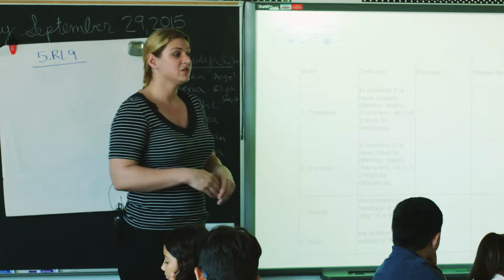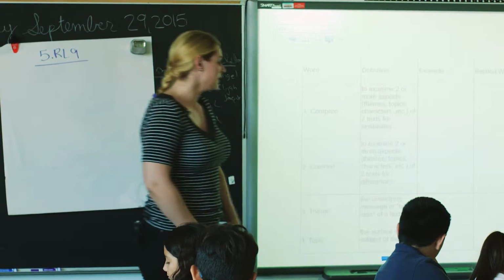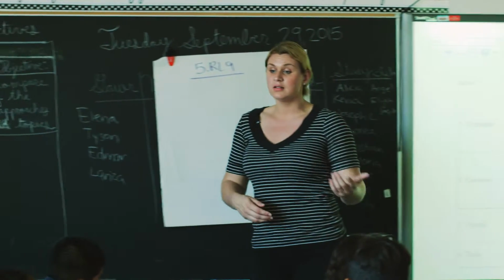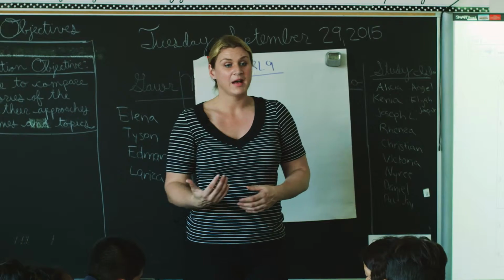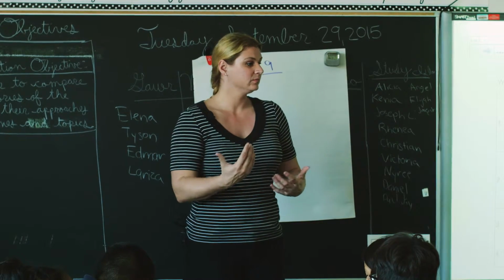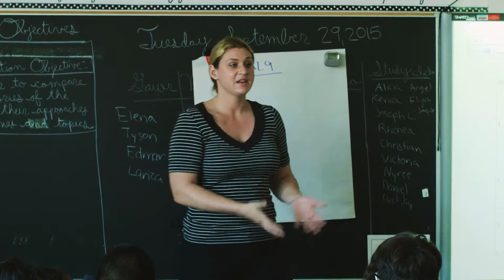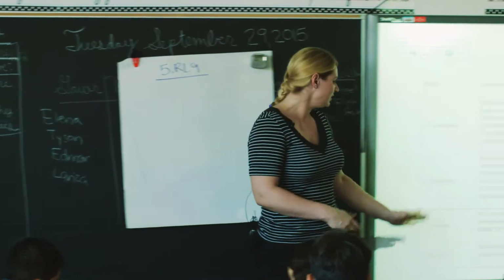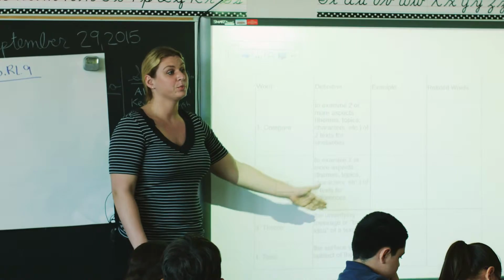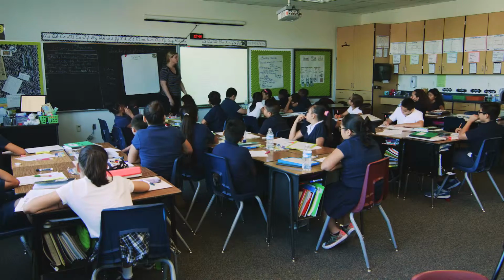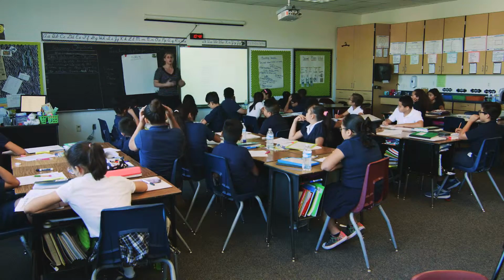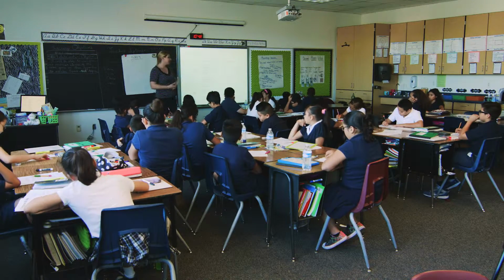So for instance, use my Lion King example, I would say the topic of The Lion King is a young lion cub who loses his father, then he loses his pride, then he comes back and reclaims his pride. Okay, that's more of the topic, the subject, whereas the theme is that the truth will always prevail. So in the examples, you can go ahead and use my Lion King example, or you can come up with your own theme and topic.